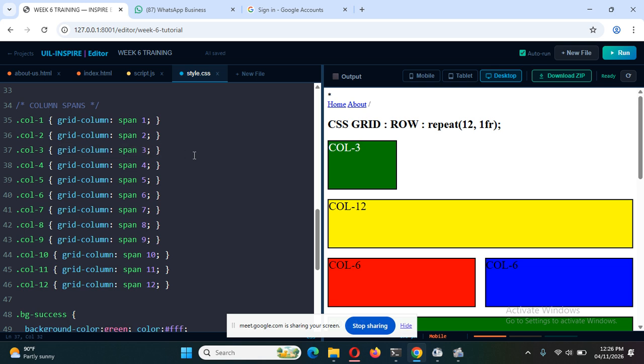Fraction in style sheet means that the space you are occupying is maybe 1 by 12. If you're having one fraction, one fraction is